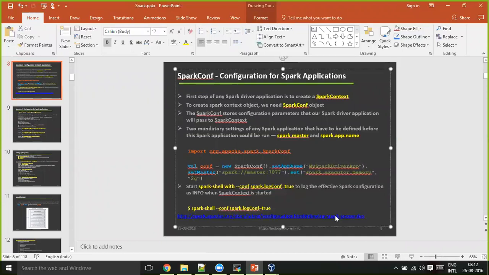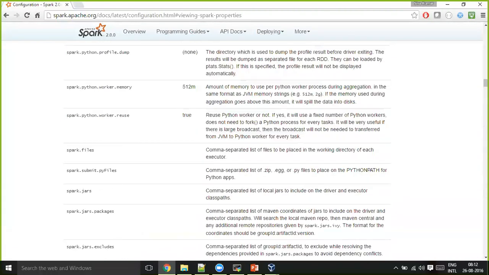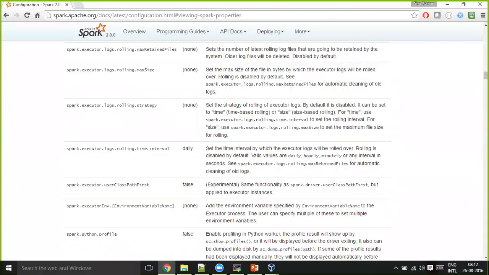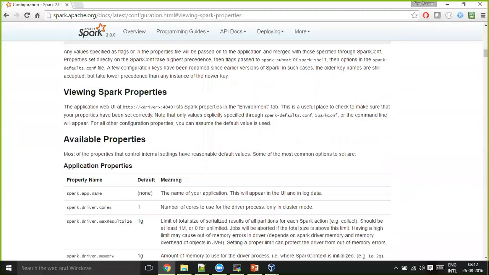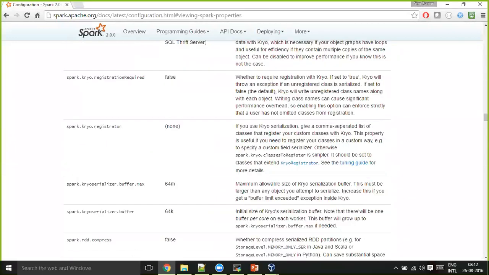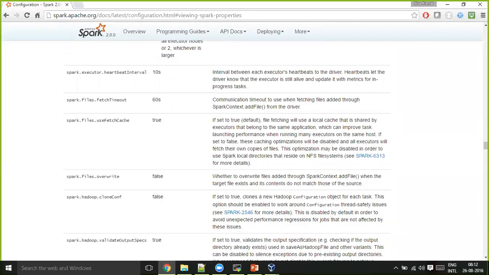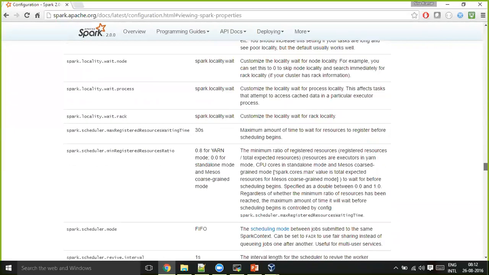Okay. So I think I clicked on this. These are all the properties. But at this moment, since you are just starting with your Spark basic program, you don't need to worry about all these properties for now. When you're writing a program in cluster mode, and when we at least complete 3 or 4 sessions of Spark, then you go ahead and explore all these properties as much as possible.